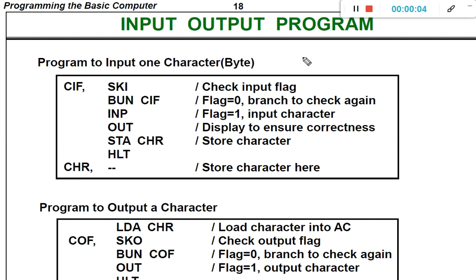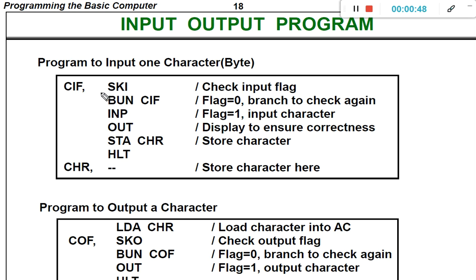So let us move on to the last topic. The last topic in the second unit is performing the input output operation using the assembly language code. Compared to the previous lines of code, it is somewhat easier. So what is meant by input operation? The input operation is nothing but whenever you type something on the keyboard, that particular character must be stored in the accumulator register. So that is input operation. What is meant by output operation? The output operation is to display the content on the monitor or print the content on the printer.